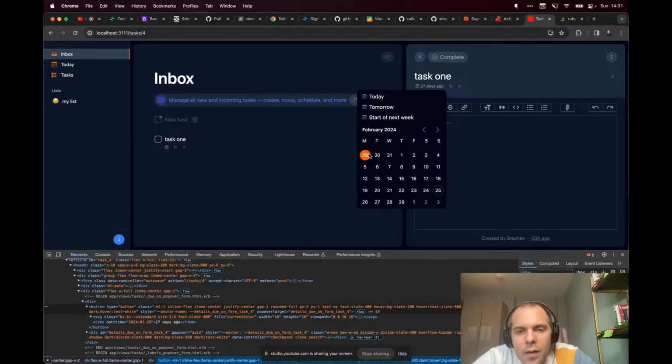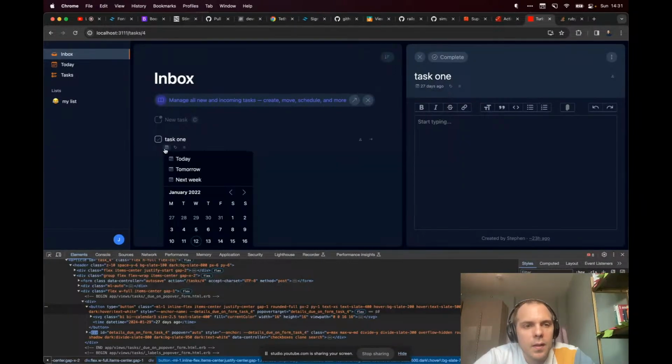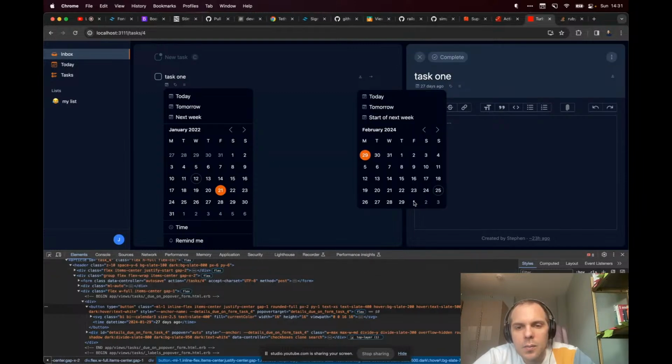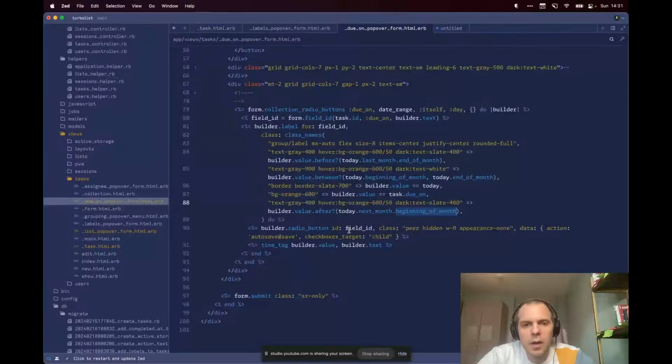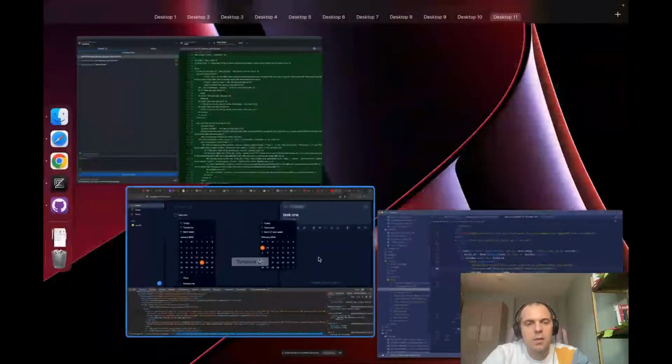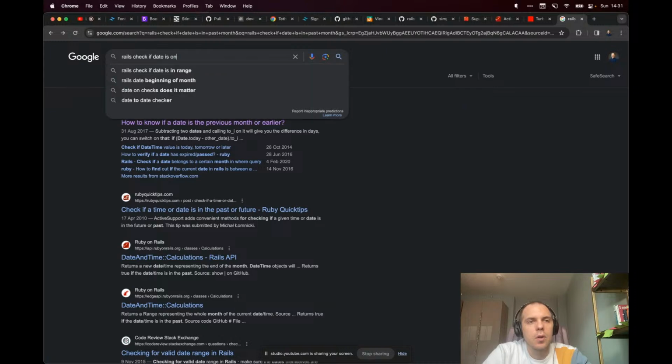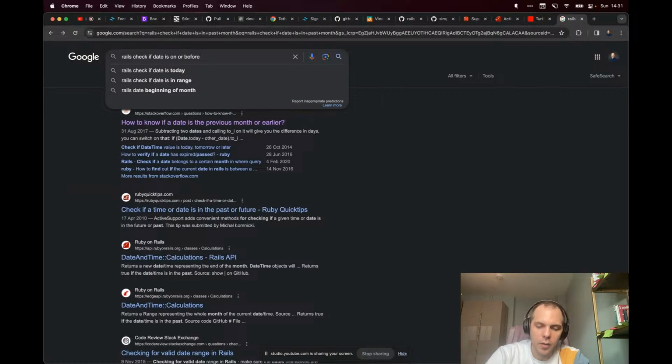But we've got a few here. These need to be gray. They need to have a hover effect. This needs to be gray. So I need something that's like on or before, you know. On or before. I really don't love doing the comparison like greater than equals to